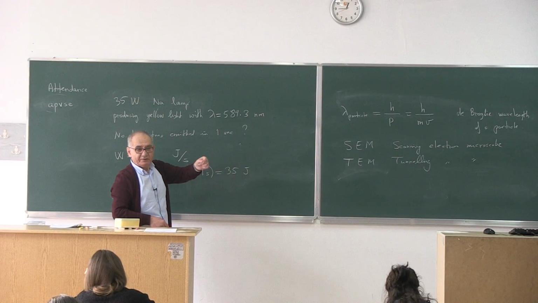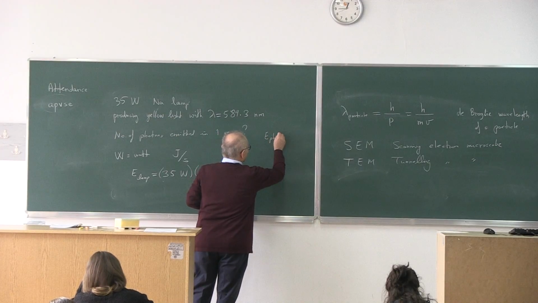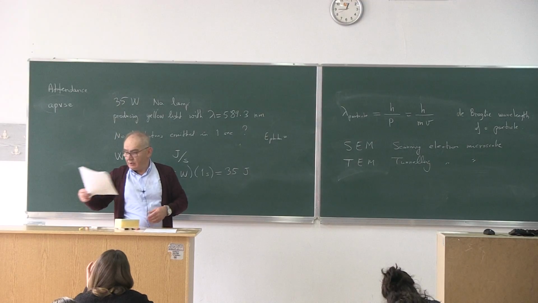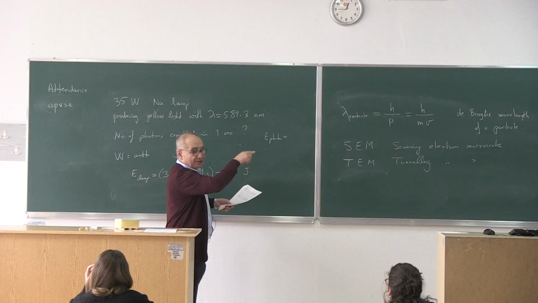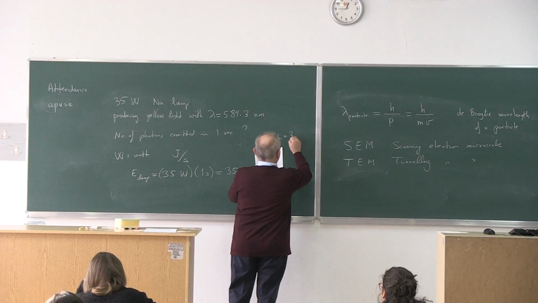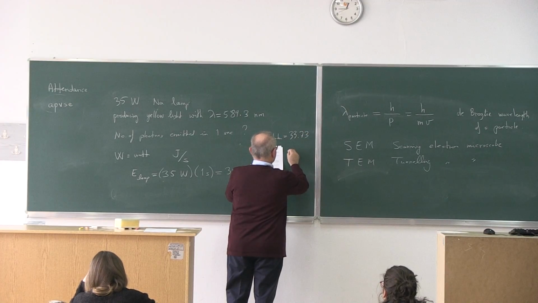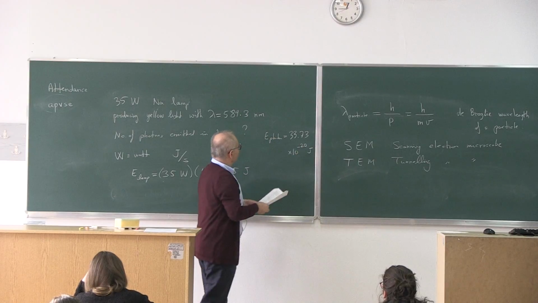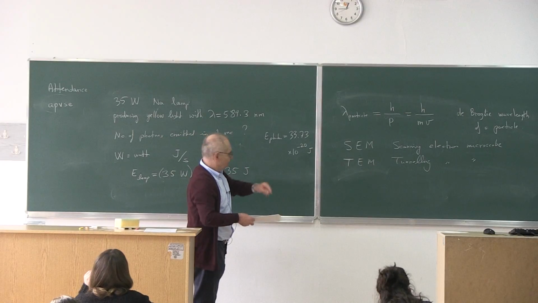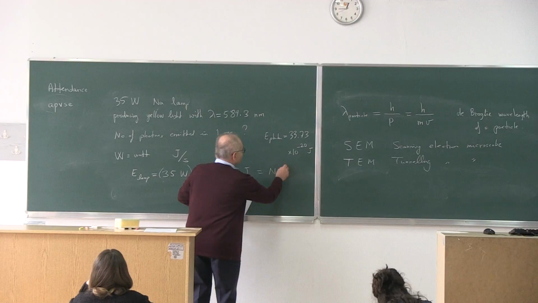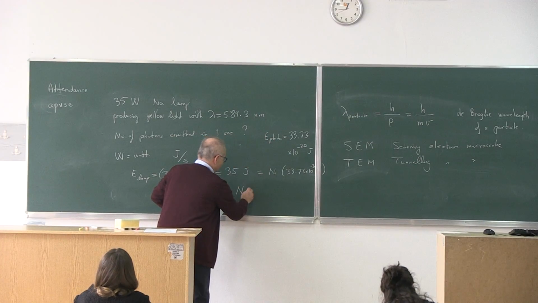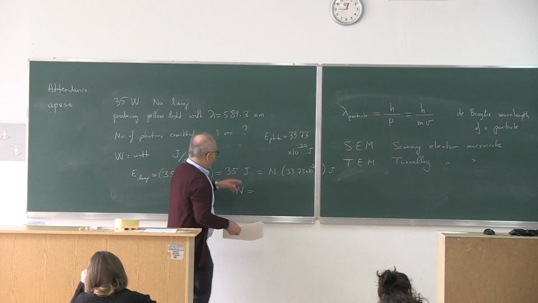Because each photon has energy, using the wavelength, we obtain the frequency, and then from h times frequency, we obtain the photon energy. Photon energy is 33.73 times 10 to the minus 20 joule. This is the energy of just one photon. This is the total. Here we have n times. So from this, 35 joule divided by this number